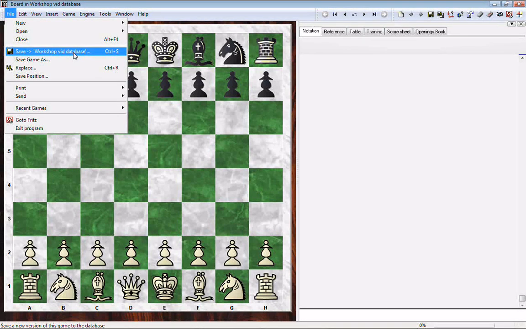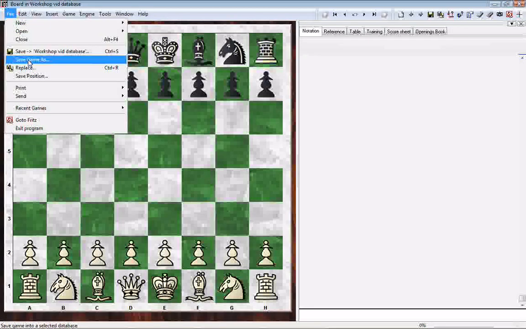This is really big because when you go to save a game, if you click on this command that I've got highlighted right now, the one that says save and gives the name of the specific database, you know exactly where that game wound up. You know that if you double click on the icon for the database that you want to save that game into, that if you start by double clicking on that icon, you're going to be saving the game into the correct database. If you go to save game as and click on it, it may take you to another folder. It's going to be whatever folder you used last, basically,